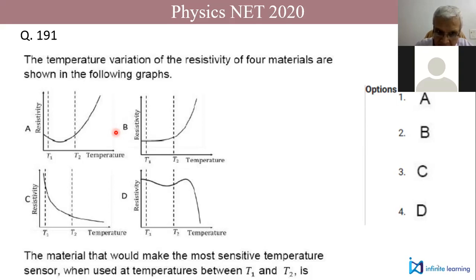So sir, basically in B, we get the same as in A for the two temperatures. In B, the variation is very small, and in fact, close to T1 the graph is almost horizontal. So it's not a good choice compared to C. And D has a similar situation to A, because you have two different temperatures for the same resistivity.